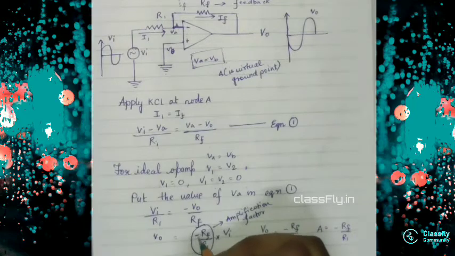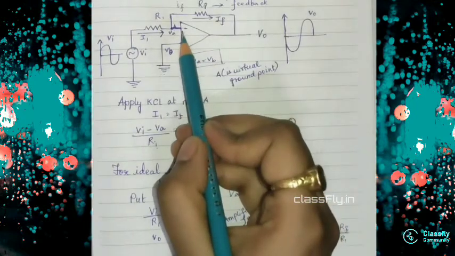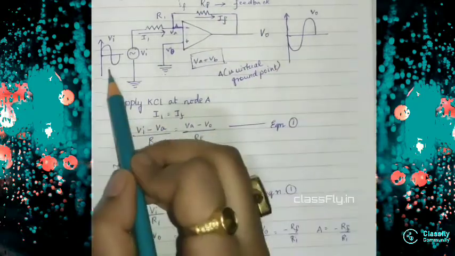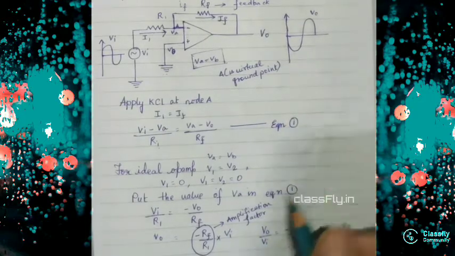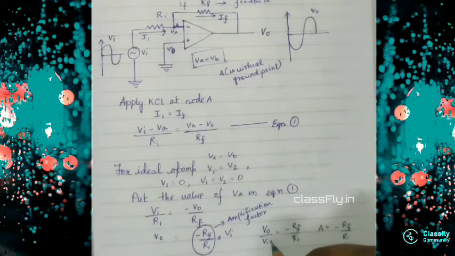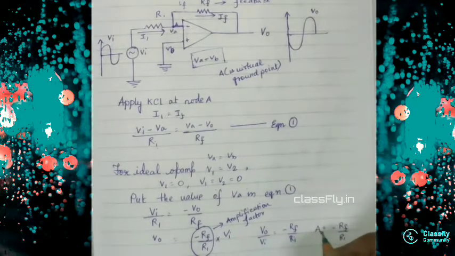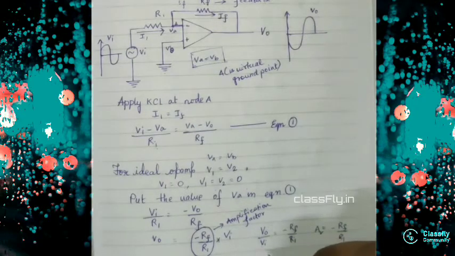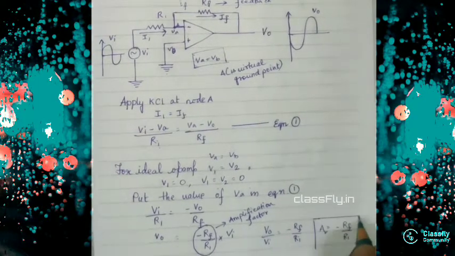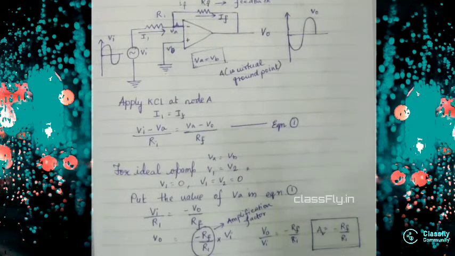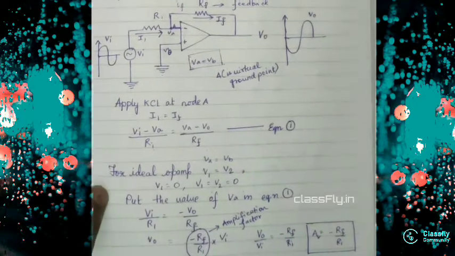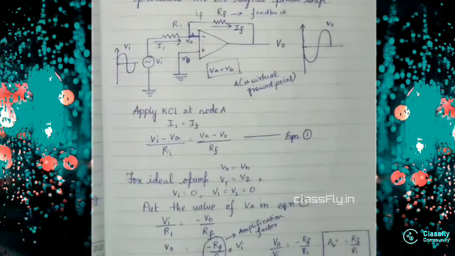And why do we get this minus? Because we are giving the input at the inverting terminal, right? And we know there will be a 180 degree phase shift. So if this is positive, then the output will be negative. That's why here it is negative, okay? And if I do V0 by Vi, which is our voltage gain, we get minus Rf by R1. So basically this is an inverting amplifier. But we can also solve it by KCL as well as by the mathematical model. How can we solve it by the mathematical model? Let's see.